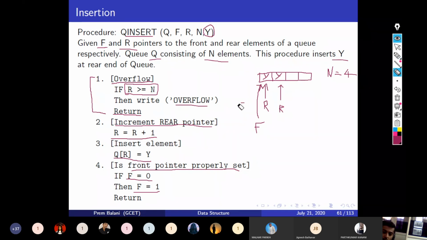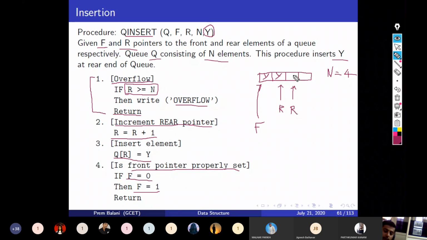And now r is here. Next time if I run this algorithm to add one more element, my first step to check overflow will fail, so I will increment the rear pointer. Now r will be pointing to the third position.